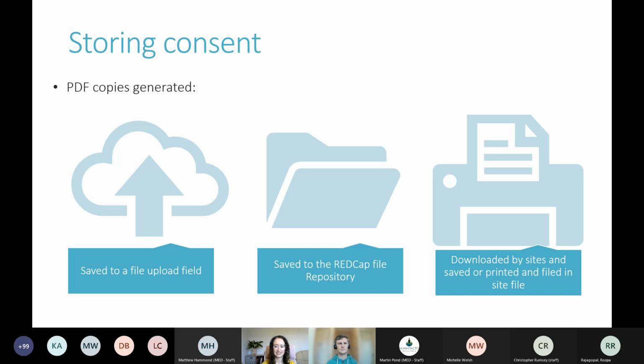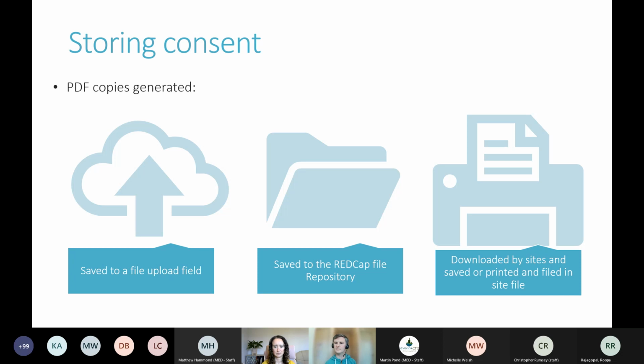It's a kind of either you can see everybody's consent forms on there or nobody's, which is problematic if you have multi-site studies and you want teams to have access to them, in which case the file upload fields have more